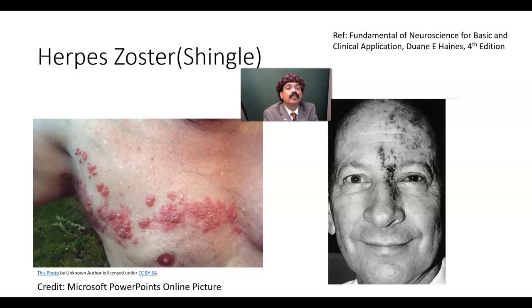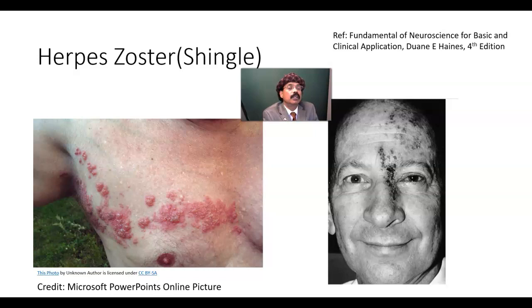But mostly it remains in the spinal nerve ganglion, the dorsal root ganglion. When the person's age is advanced, or when he has low body defense, low immunity, he's taking anti-cancer drugs, he's psychologically very depressed, or he's malnourished,